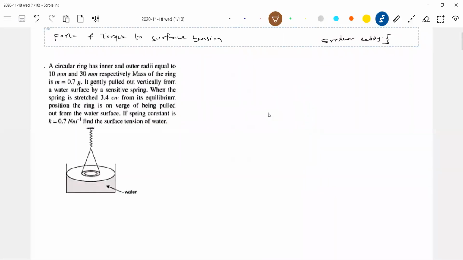A circular ring has inner and outer radius. The mass of the ring is gently pulled out vertically from a water surface by a sensitive spring. When the spring is stretched from its equilibrium position, the ring is on the verge of being pulled out from the water surface. The spring constant is given. Find the surface tension of water. So what actually are the forces that are acting? If you take the ring,